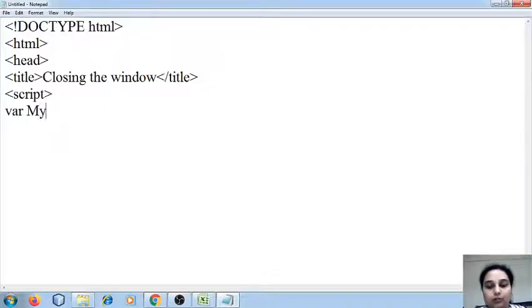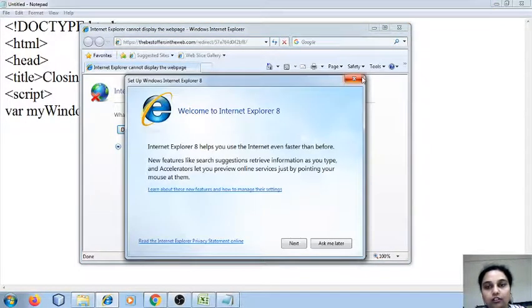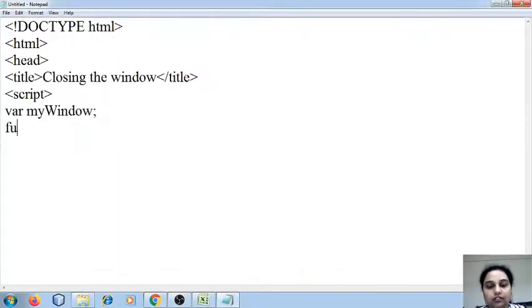So what I'm going to do, I'm going to create one variable called my window. Alright, I have created a variable. Then I'm going to create one function, function open window. So this is the function that I'm creating. Before closing the window, it is necessary for me to open the window, right? Or can I close the window if it is not open? I cannot do that. So first thing, I'm going to open one window